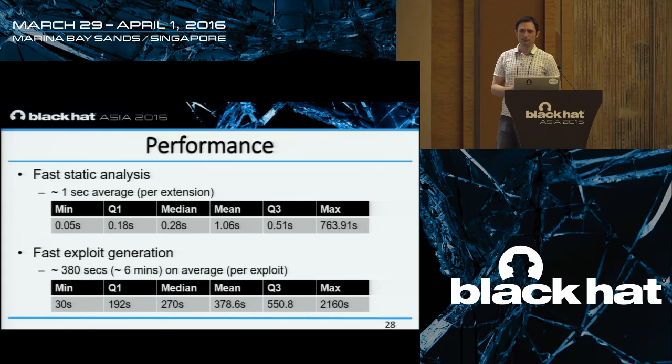There was one exception which took 763 seconds, and it was the extension called Local Load, which has the local copies of all the famous JavaScript libraries like jQuery or other libraries with 10,000 lines of code. So it took a while, but it was still very fast compared to other existing